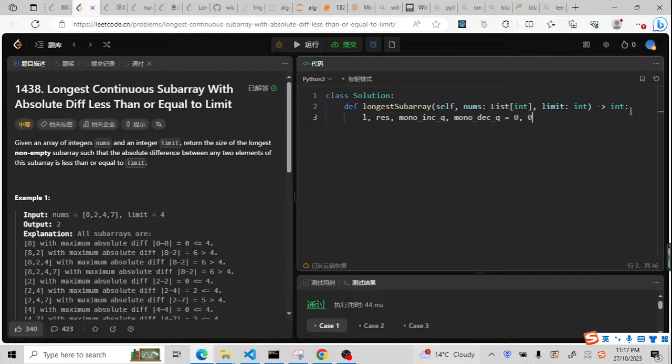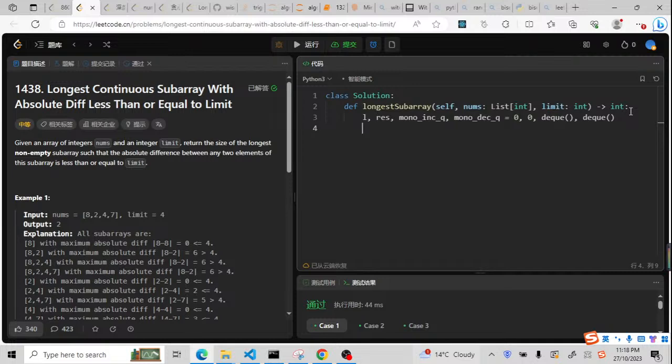I cannot type. And the monotonic Q is dq, and I cannot move my fingers so quickly. It says stiffen, I got a stiff finger. Monotonic freezing, I got a freezing finger. I cannot type. So I have the left pointer and result, and then I'm gonna prepare a monotonic increasing and